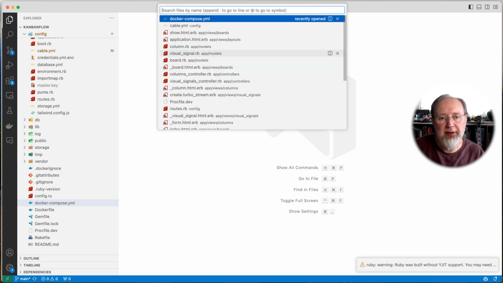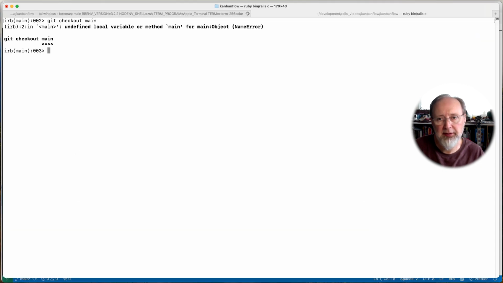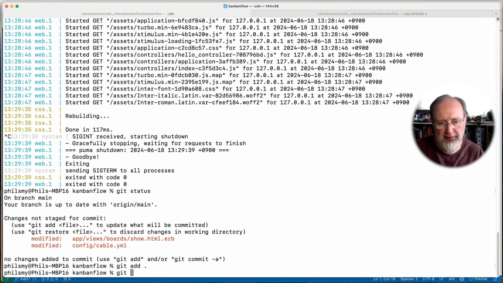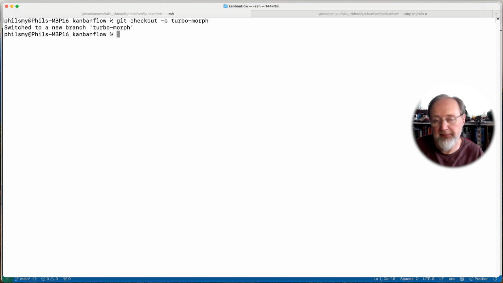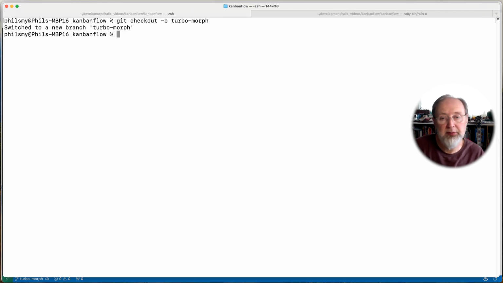And I also want to fix board show for this. And I'm going to commit these here. Git commit -m, fix my errors. All right, now let's check out -b Turbomorph. All right, so we created a new branch, and morphing is super simple. So what we need to do, let's run this thing,